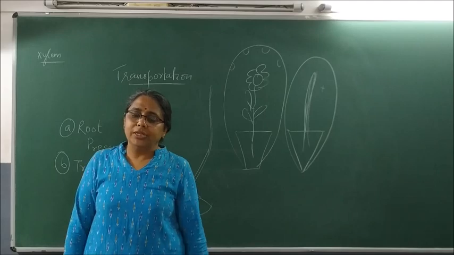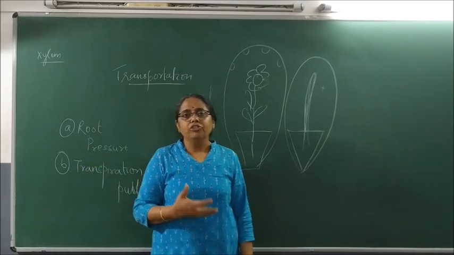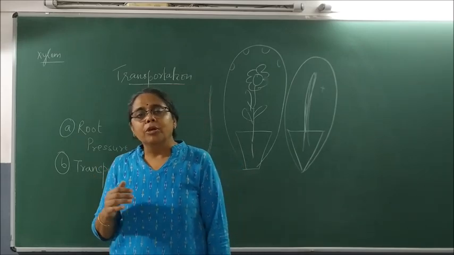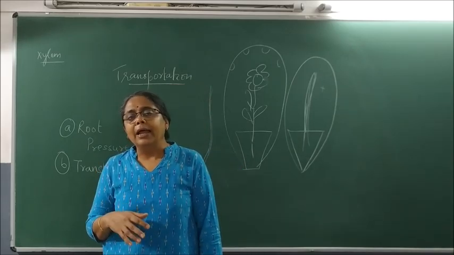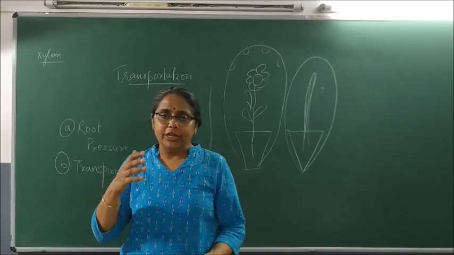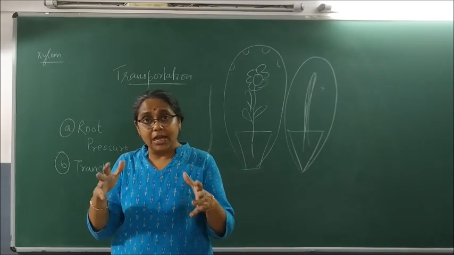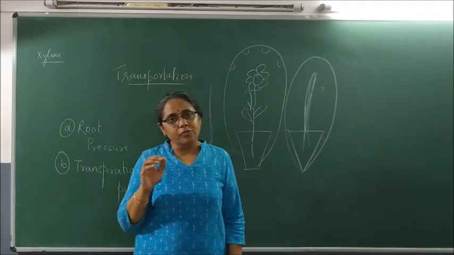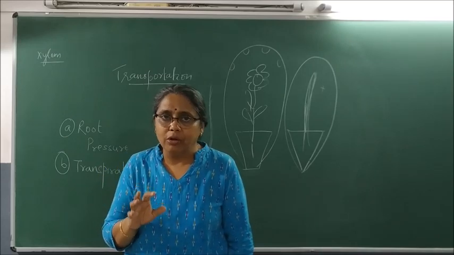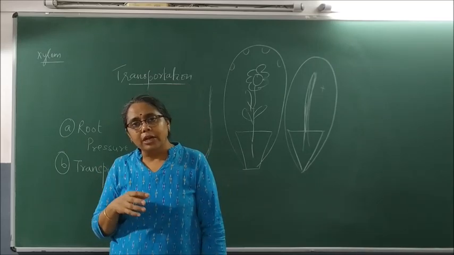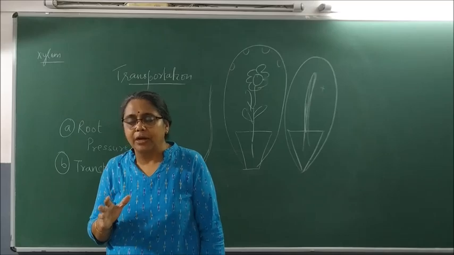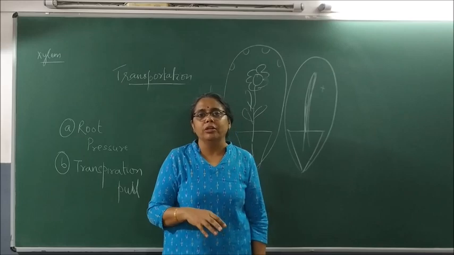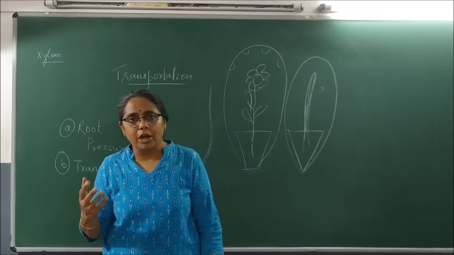So the first thing we study today is, it is essential for plants to have a kind of transport system, because the distance between the root and leaves keeps on increasing as the plant size and height increase. When the plant is very small, diffusion pressure alone is sufficient to transport water and dissolved minerals to all parts of the plant. But as the plant size increases, diffusion pressure may not be sufficient, and hence we require a proper transportation system.